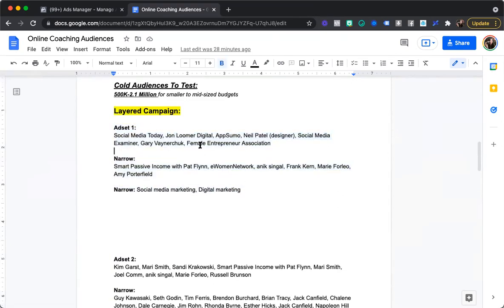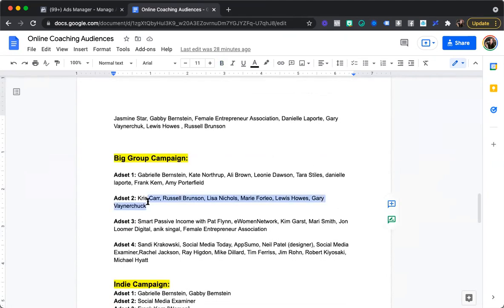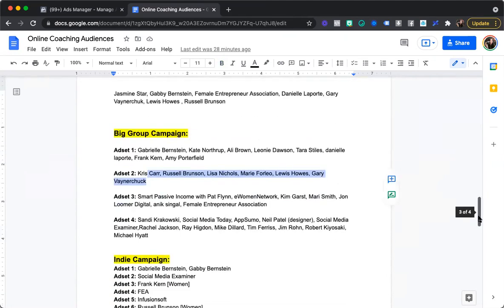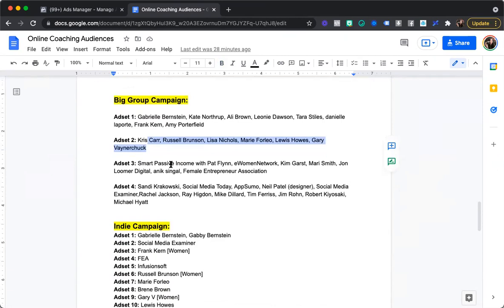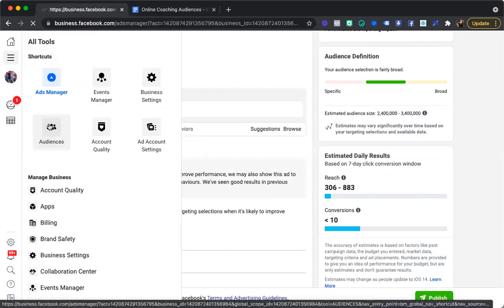Your ad says this is one big group audience. This is a second big group audience. So once you build your layered audiences, you already have all the other audiences too, because your big groups are just parts of your layer. Pretty cool, huh? And then your indie audiences are just individual parts of your big group campaign. So yes, inside the audience manager, if you go here and you go to audiences,